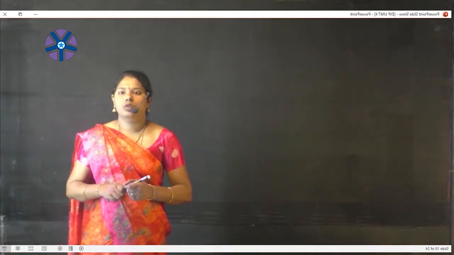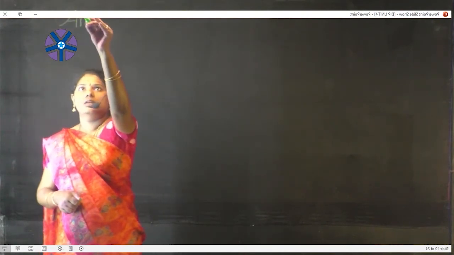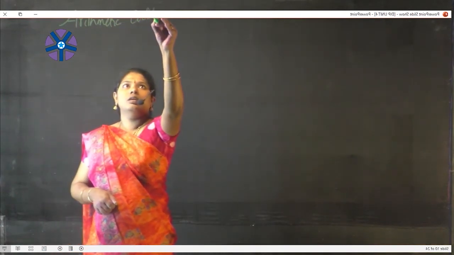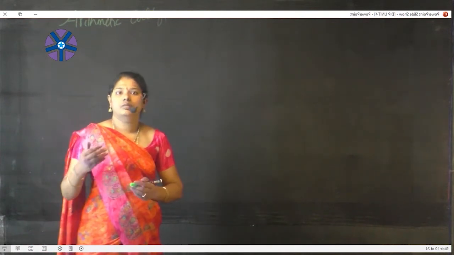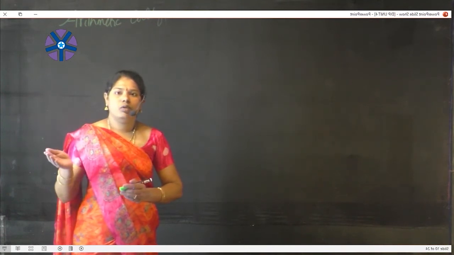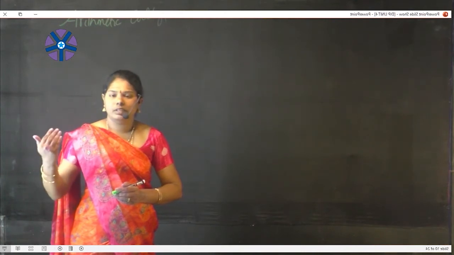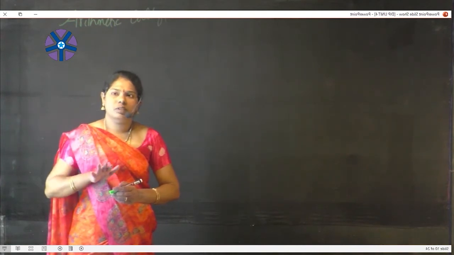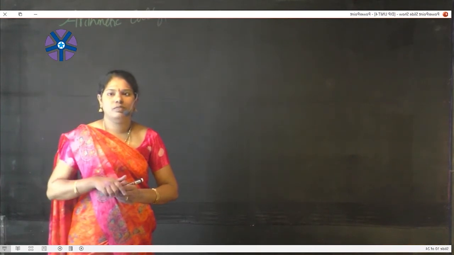Okay, today's topic is arithmetic coding, which is a topic under image compression. The name itself indicates arithmetic, that is, an addition operation. Here we are not using the drawback of Huffman coding. What is the drawback of Huffman coding? Huffman coding has different word lengths and we should know about the probabilities. For arithmetic coding also, we require the probabilities of the symbols.